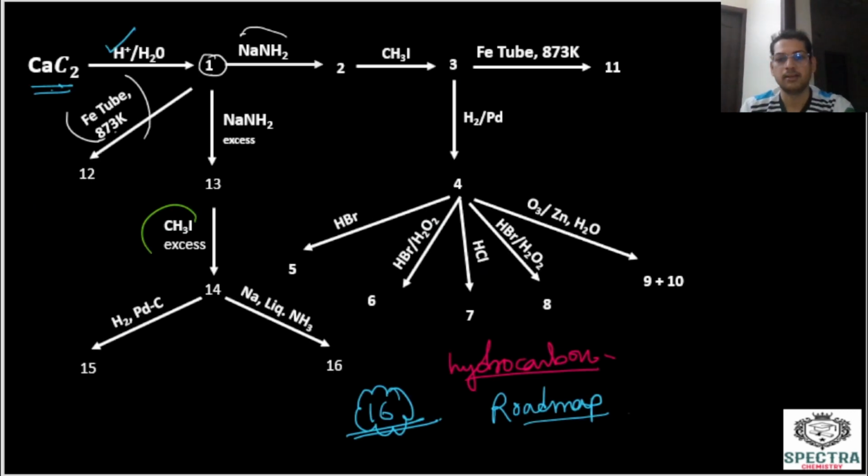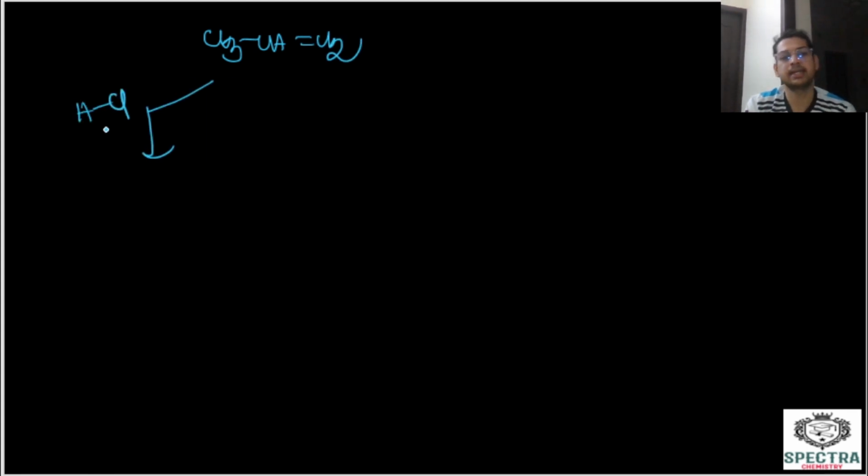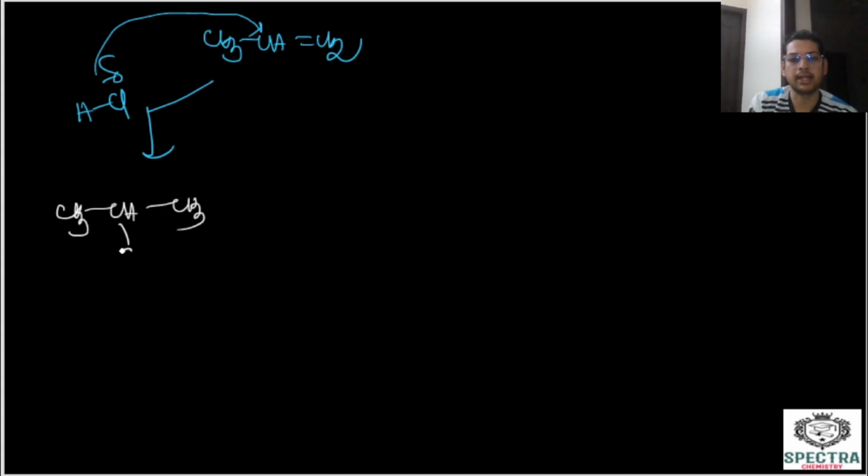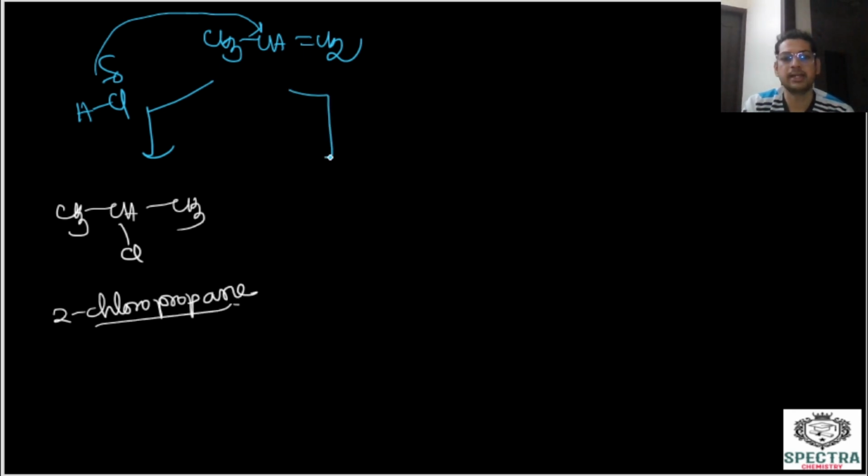Okay, what is given here? HCl and HBr. Now, if I take CH3, CH double bond CH2, and if I react this with HCl, sir, I know all these things. This is the negative part. This will be added to the carbon having less number of hydrogen atoms. It's a Markovnikov thing. Nothing to be discussed here. So you will get this molecule, 2-chloropropane. Now, sir, if I react this with HCl and H2O2, sir, we know all these things,